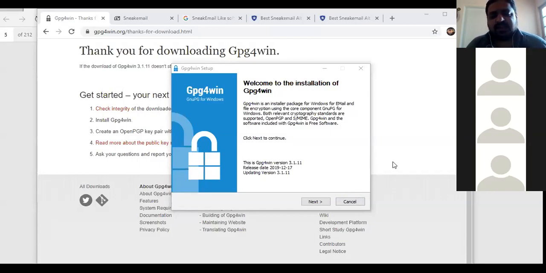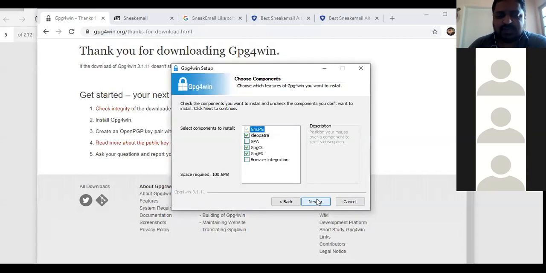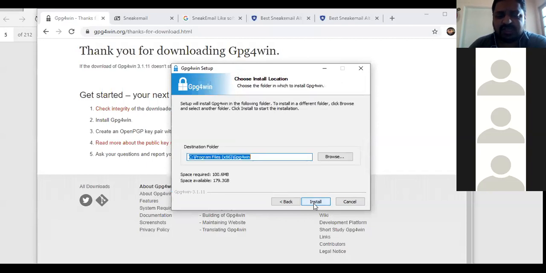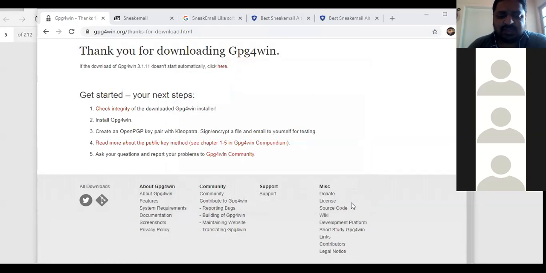In this way, as any other software asks you about different options, you can do this and install it like this. So just install the software and you can use it. In this way, you can see there's no problem installing that particular software. And once you install that software, then you can also